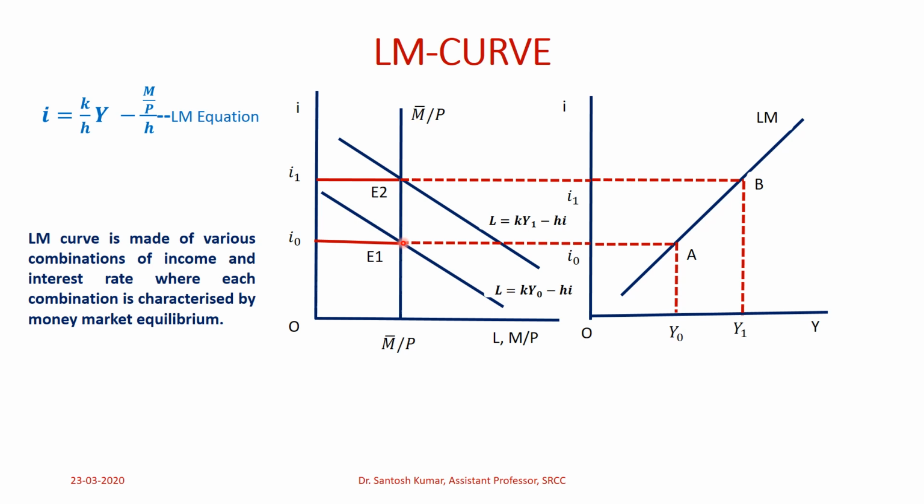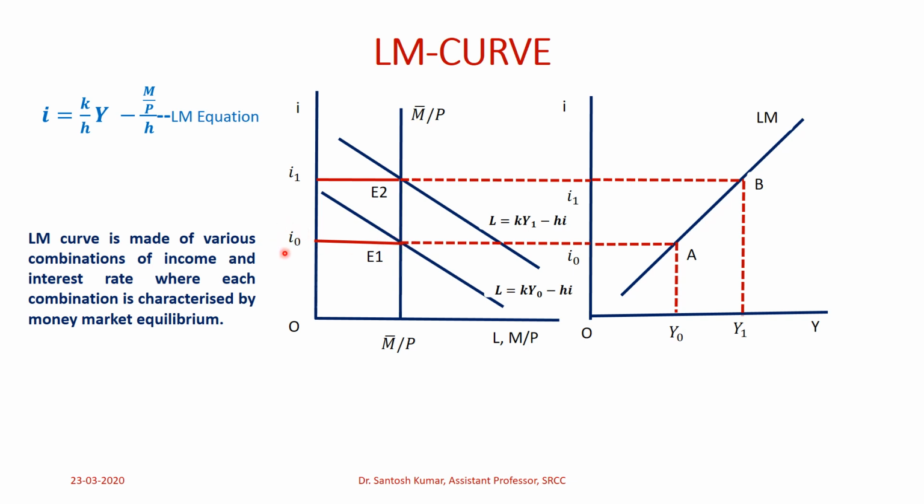And of course it also clears the bond market, because we know that when the money market is in equilibrium, the bond market also would be in equilibrium, right? So at I naught interest rate, money market is clear, money demand is equal to money supply,